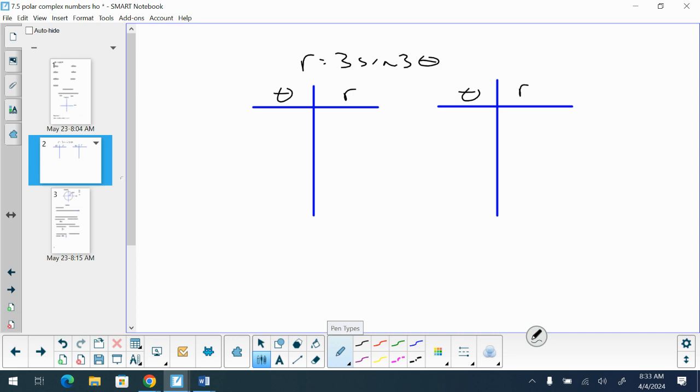Now, if you go 0, 30, 60, 90, 120, and you start plugging into your calculator,